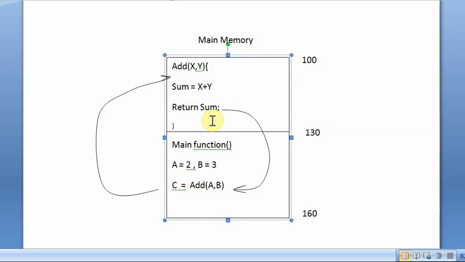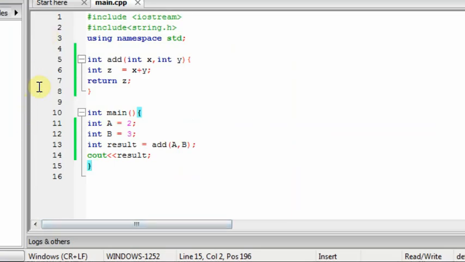So for some other function, or if we want to occupy that memory for some other things, we can use it. When this function stops and finishes its execution, this memory is deallocated. So we return the sum from here, and then this function finishes its execution, and this sum is stored here in c, and this memory is free for some new operations. Okay, so that's how the memory allocation works for this function.